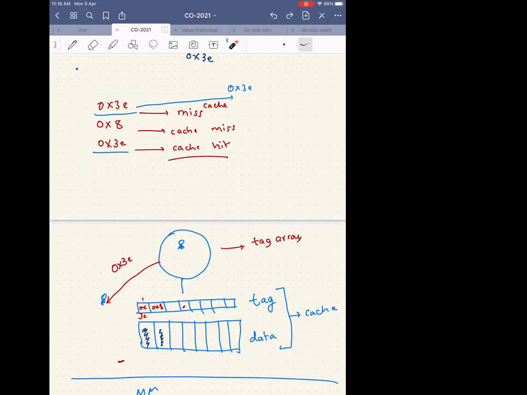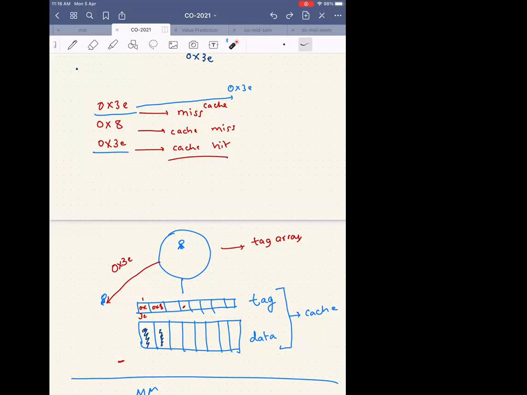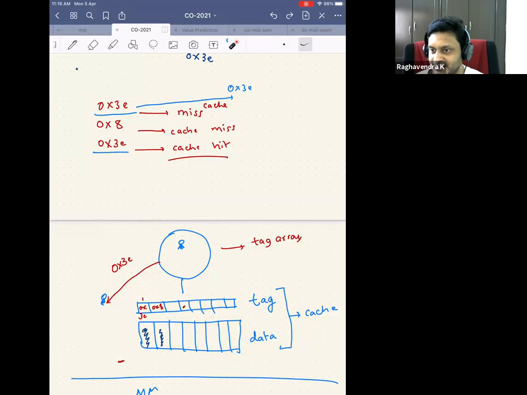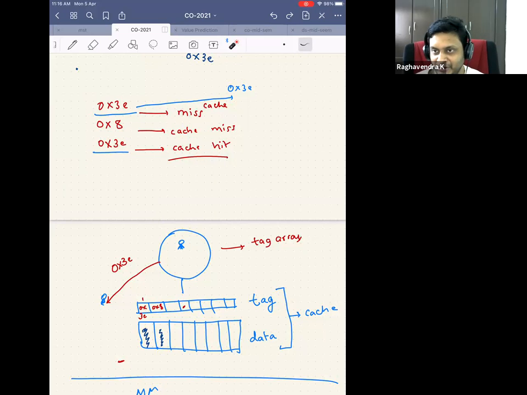Sir, one more question: what value do we override? When we bring data from main memory, we override some tag, right? Yes. Is it done randomly, or is there some policy? It's a good question. What do you think we should do? We should override the value which we are not using frequently. Yeah, think about that. That's an interesting topic, not just for this class, but an interesting research topic which has been bugging people for decades. It's called the cache replacement policy championship. Even your seniors worked on this.